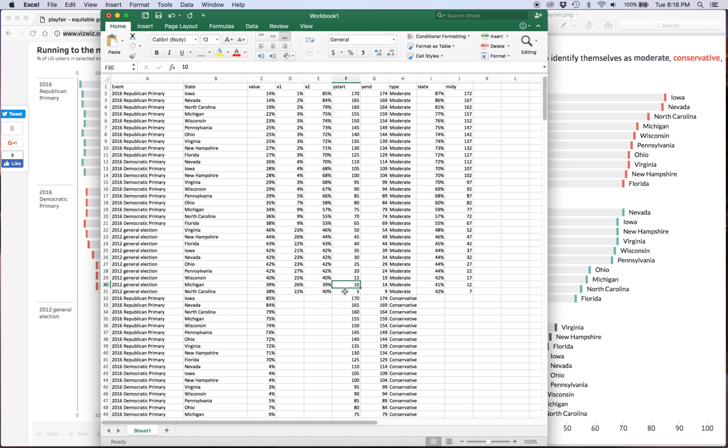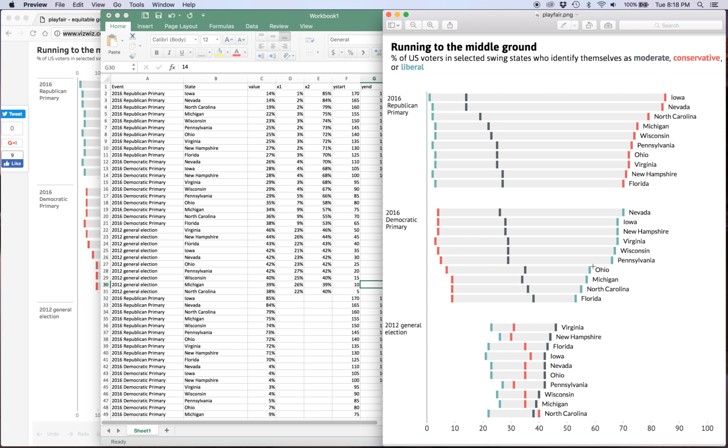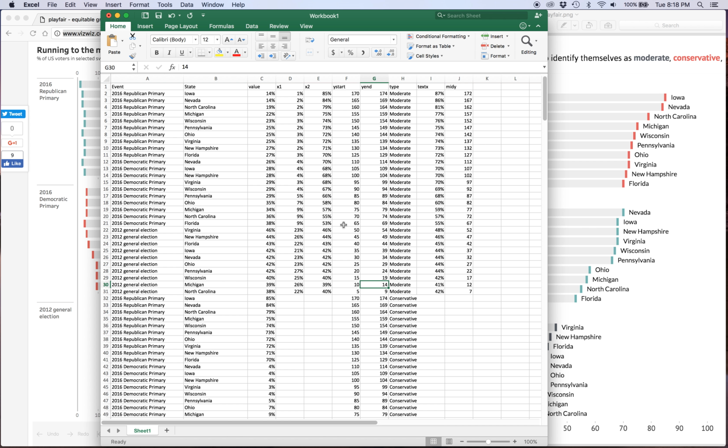And then I just incremented from there. I put 1 space between them, right? So North Carolina ends at 9, Michigan's going to start at 10, and it's going to go to 14, so each of these bars is essentially 4 high on the y-axis, and so on and so forth, up until we get to this top observation here, which is going to be plotted from 170 to 174. It might make more sense when I